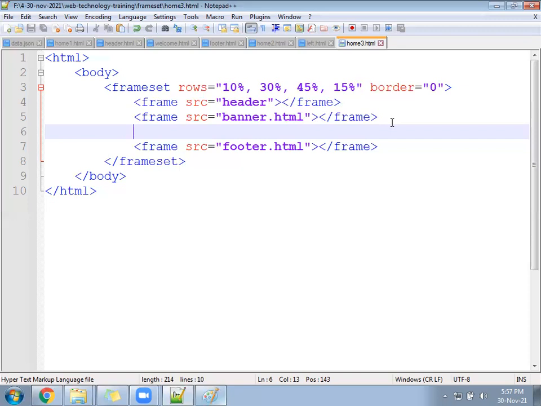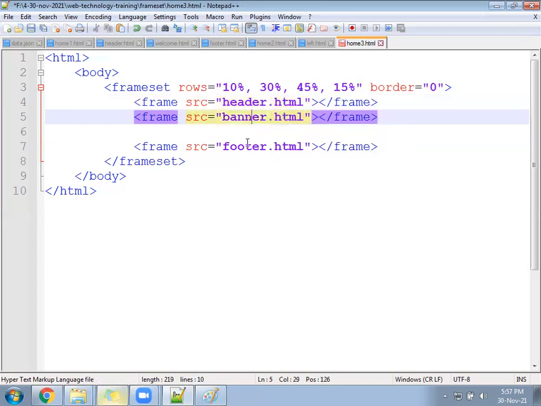Clear? So header, header.html. Header.html, banner, then footer. Now the middle part we have.